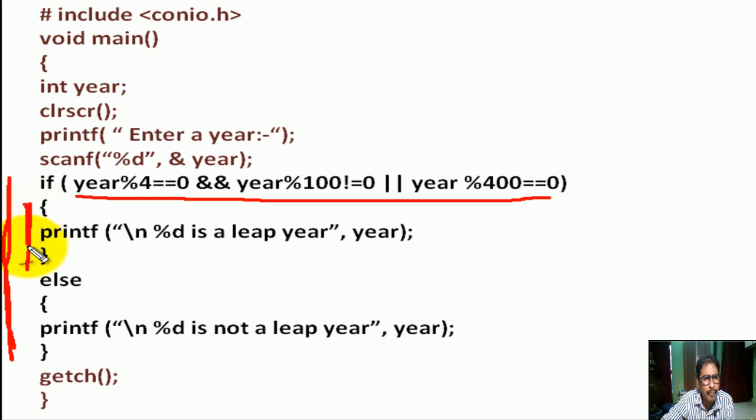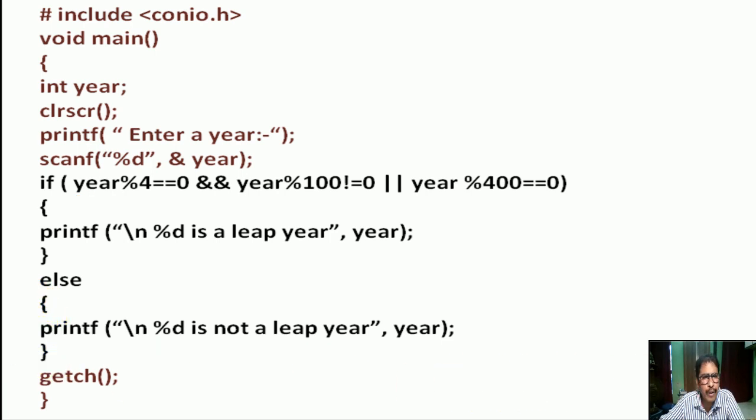This is the true block. Else, if this condition is not fulfilled, if this condition is false, then print this statement. This is the false block.